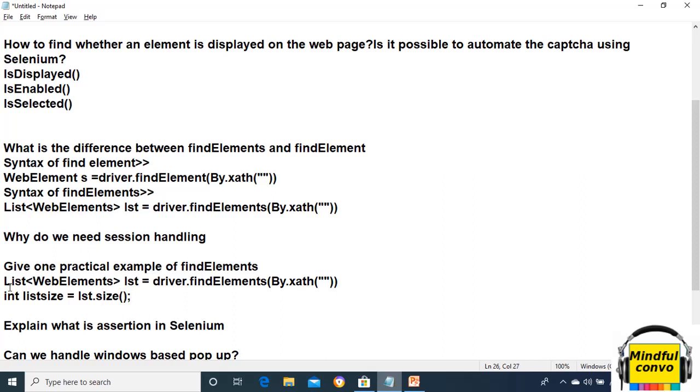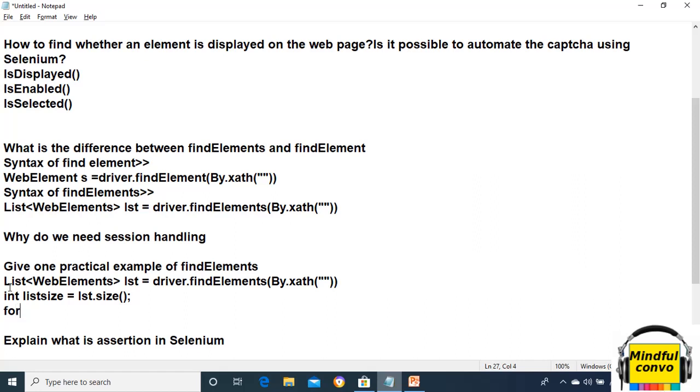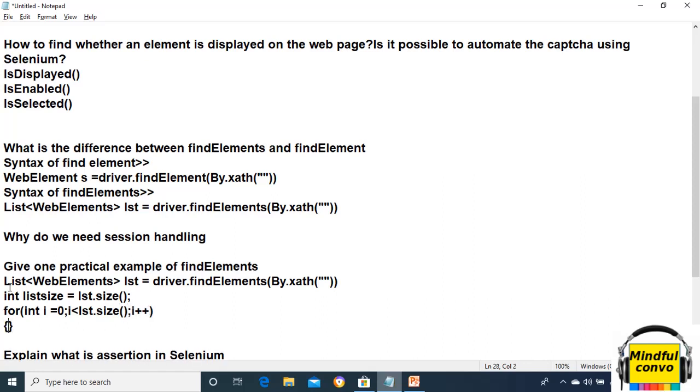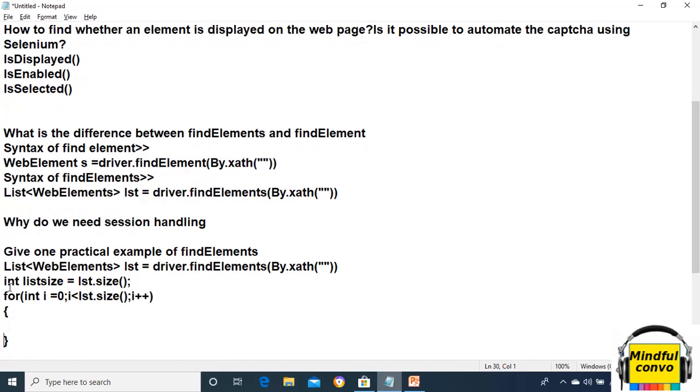Then we will iterate the list till list.size. For example, we need to take all the tags from the web page.